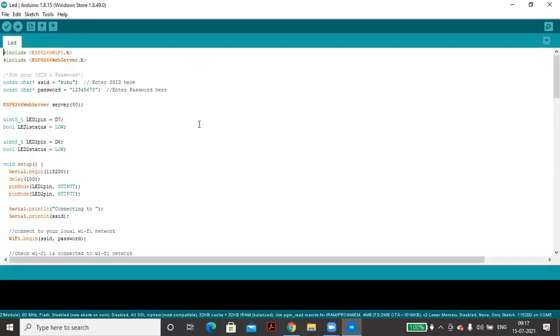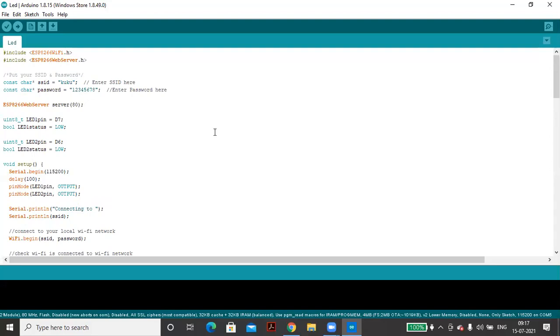So this is the IDE, and this is free. This is the development software. You can go either with the online version or offline. In offline, you have to install this. Just go to Google and type Arduino IDE, and a page will open. There are lots of options. Depending upon your system, you have to choose whether it's 32-bit or 64-bit, or whether you are using Windows 10, 8, whatever, and install it.